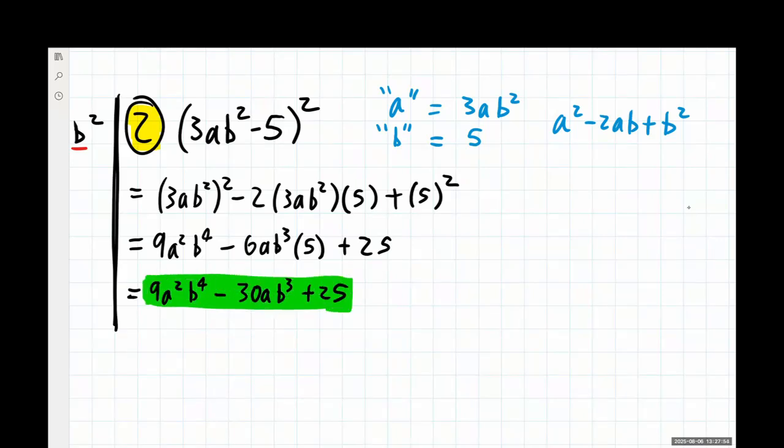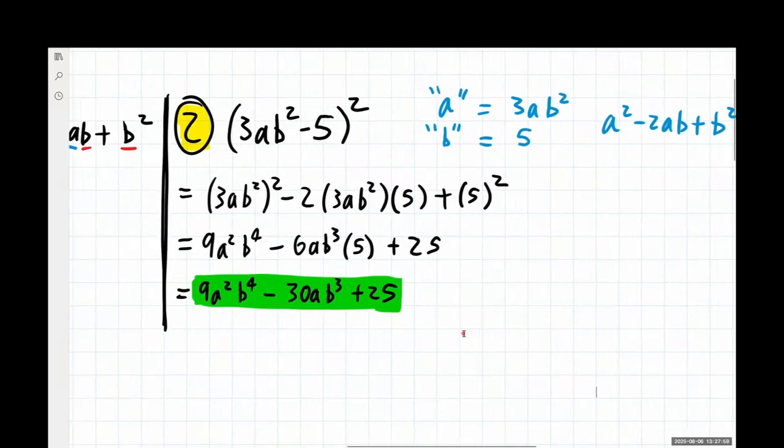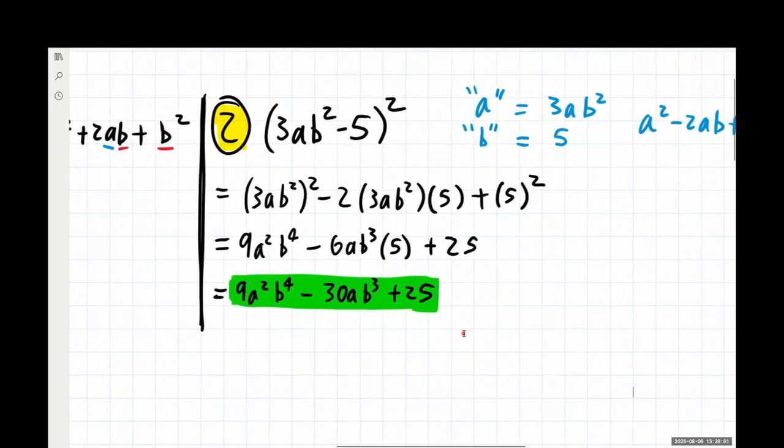I always check if I can combine like terms, but I can't do that for this one because I don't have anything that has the exact same variables and the variables have the exact same exponents. So it's always good to check for that, as was noted in the chat. This turns out that we can't for this particular problem, and that's fine.